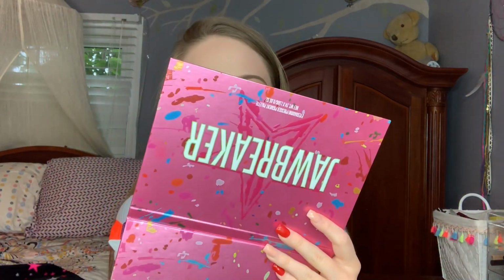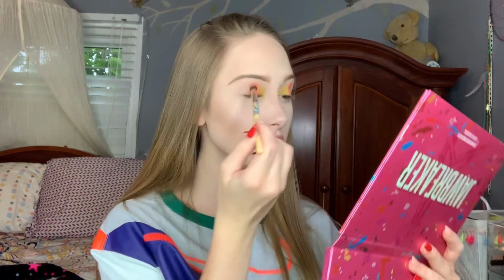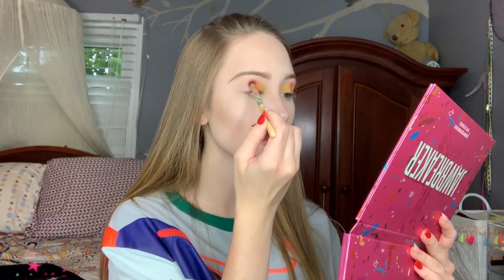And I'm going to look insane until I blend them out. I'm just going to pack them all on though at first, and then I'll blend them out. Oh, they're just so pigmented. It's crazy how pigmented they are. Like, do you see that? That's crazy. I think I paid $68 for this, but there's so many shades and they're so good that it's